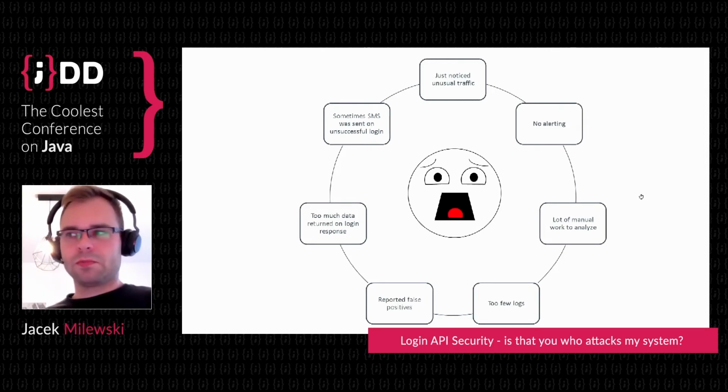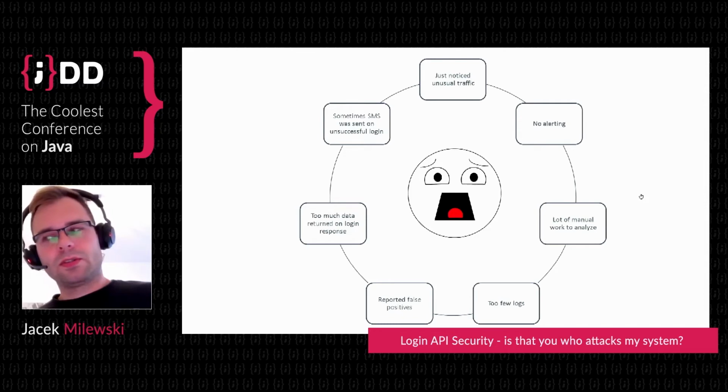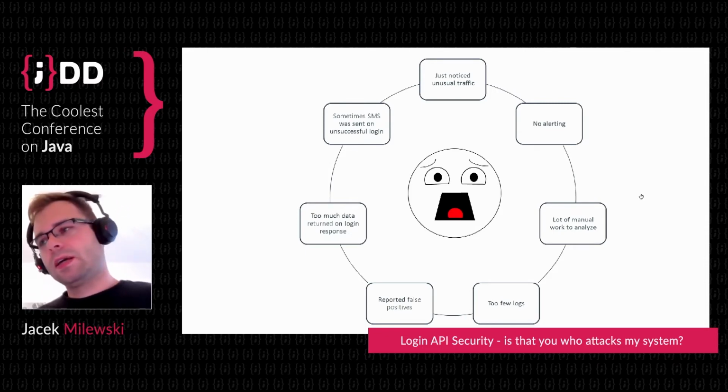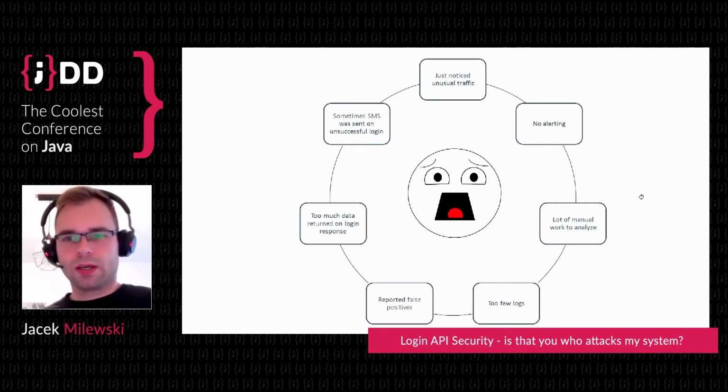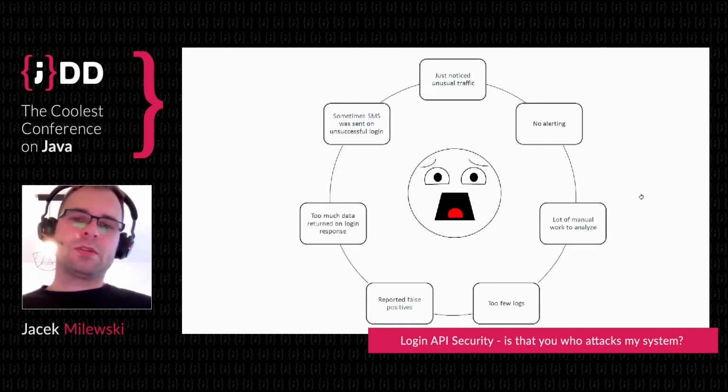We included there some not very sensitive data like first name or last name, just to say hello, Jacek, in the corner. But still, even if the attacker didn't have a chance to log into the account that he breached, he still has this data that you returned in the response in his logs, right? So it's better to do, of course, it's less performant to do two requests, but it's better to do a second request to get additional data and keep a login endpoint just to log in the user, not to return the data.